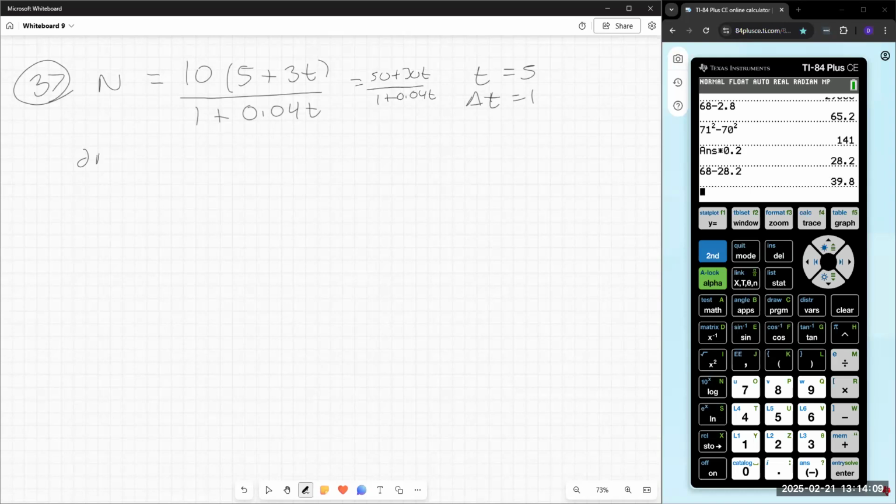So dN/dt is the derivative of the top times the bottom, minus the derivative of the bottom times the top, all over the bottom